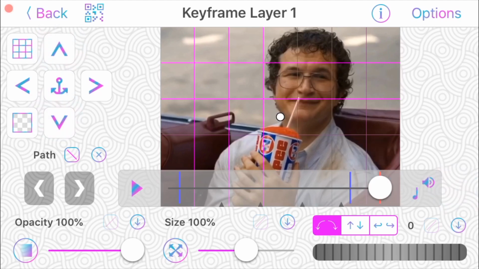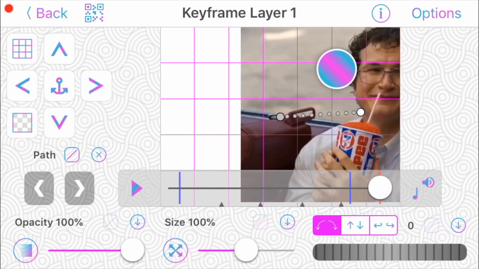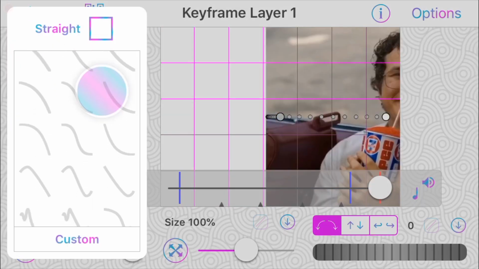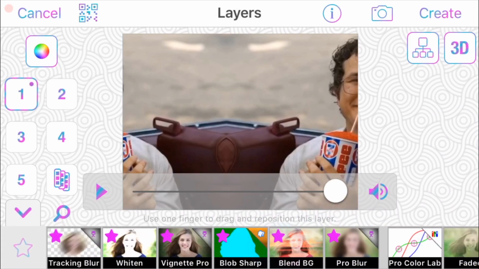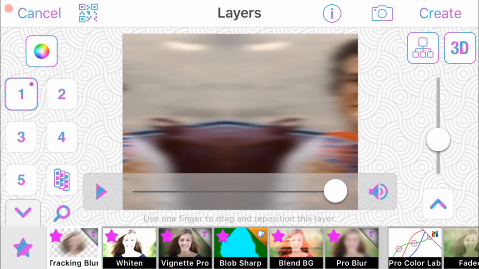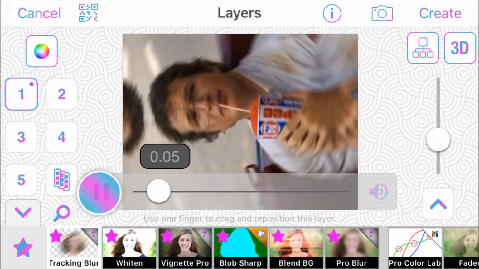Now you're going to want to move it left or right, whichever direction you choose, I'm going to move it right. You also want to make sure on the paths area you choose the first curve to make it look nicer. You also want to put mirror and stuff in tracking blur. I don't like how this looks,